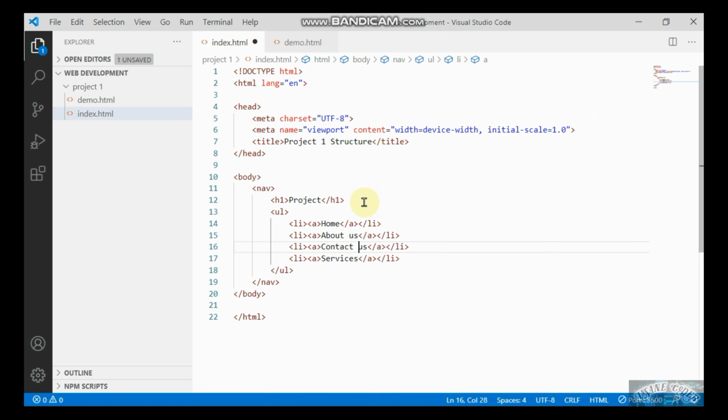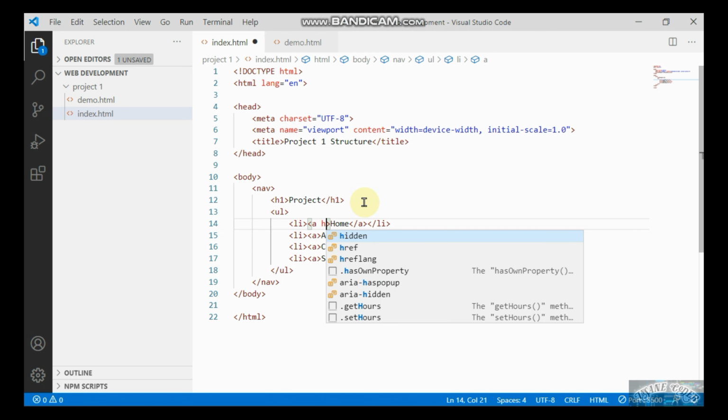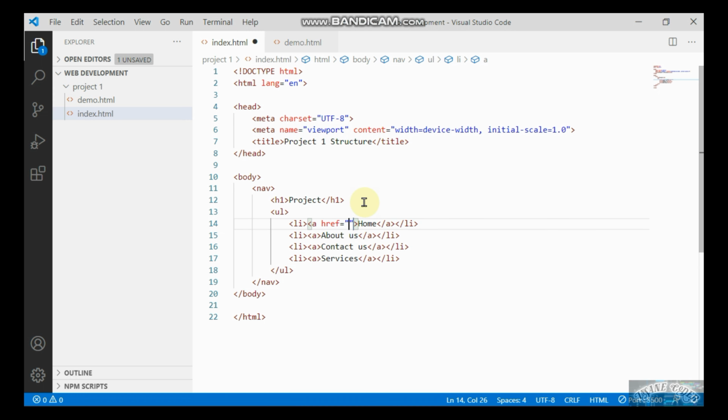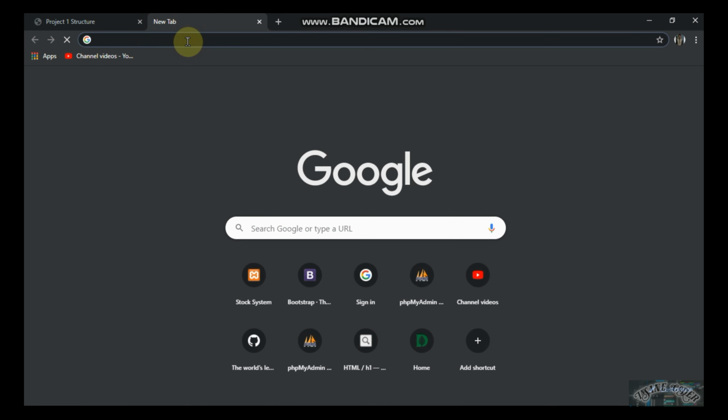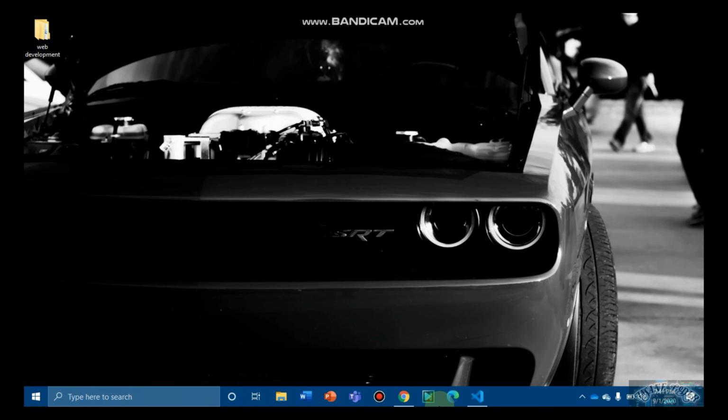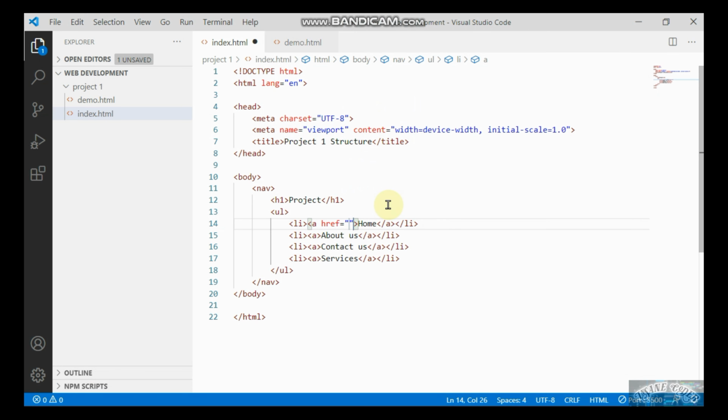services. Now when I create it, the anchor tag is basically used to give a hyperlink, the links that when you click on them will move you to another page. So for that you have to type an attribute named href. So inside href, you have to type the address of the site that you want. For example, when the user clicks on home, I want him to navigate to Bootstrap. I will just add the Bootstrap site here,